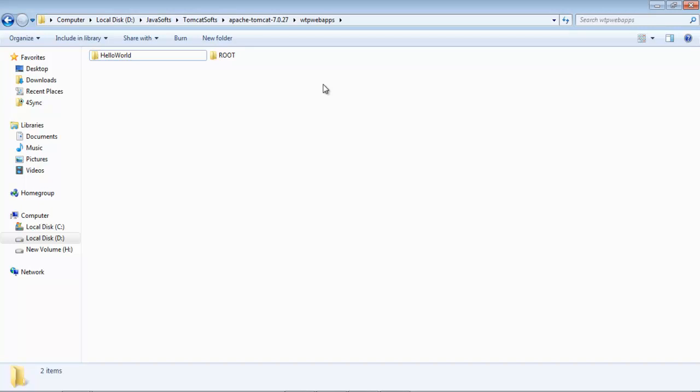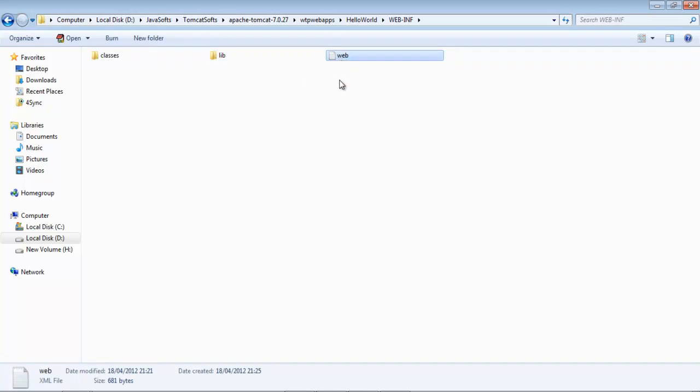What the Tomcat server will do during startup is simply read the information from this webapps directory, and look for the different web applications that are placed inside this directory. If there are any web applications placed inside this webapps directory, it will get information about those web applications by reading information from this